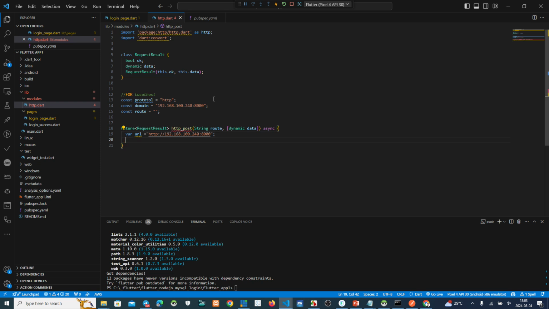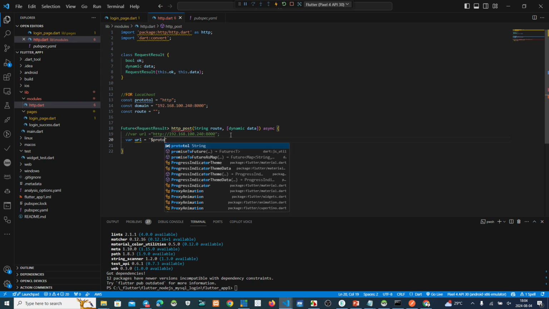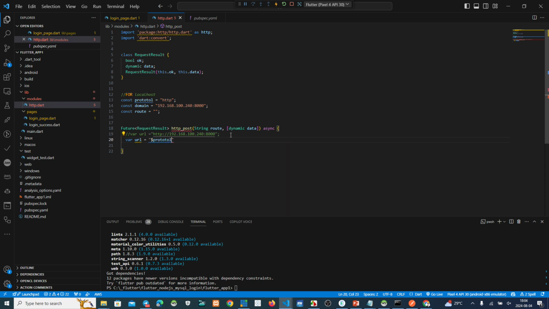Yeah, but because we use the parameter here, we put it like this: var url equals protocol here.